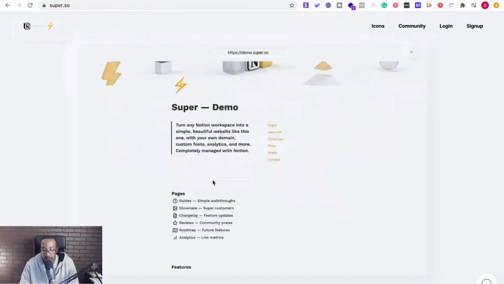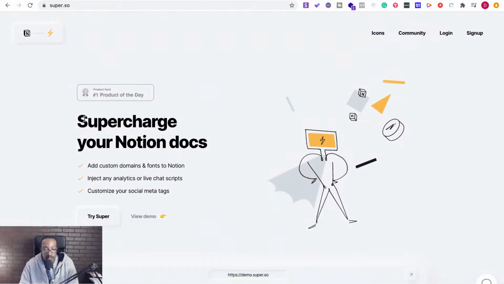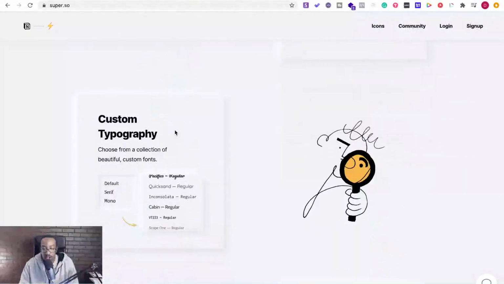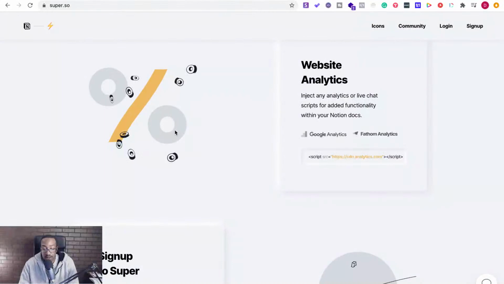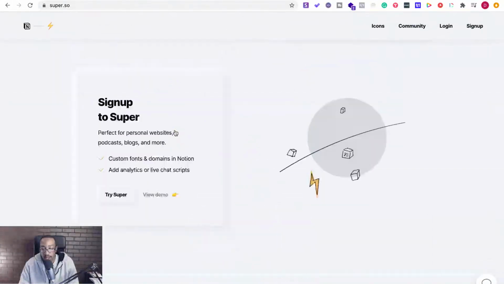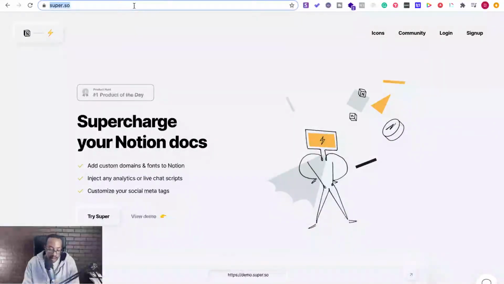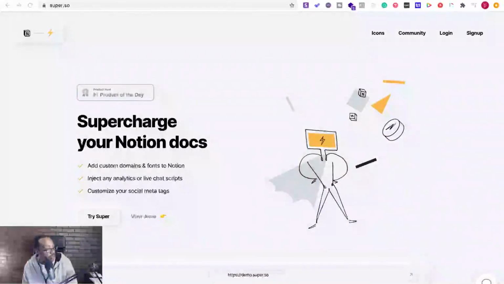Awesome. Okay, so if I was going to be looking to create my own domain name and linking that up, and have a custom domain and have new fonts, super.so, awesome. Love their company, love what they're doing, really cool stuff. And it just superpowers your Notion page. Because Notion's been talking about for a while that they're going to allow custom domains. Until that happens,